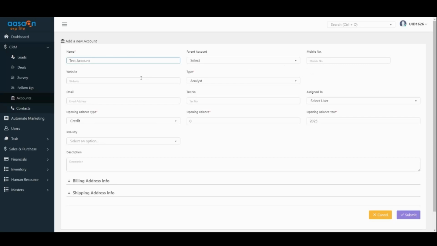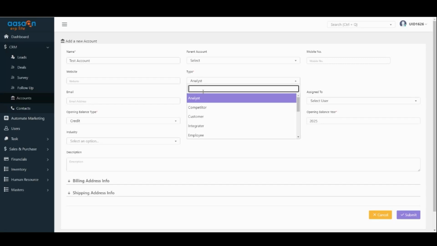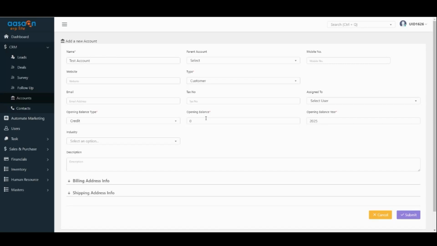And then you can give the phone number, website, and what kind of account you're creating. Are they your competitor, your customer, client, or anything else? Just create a customer account for now, and then you can assign your customer to someone if you need, directly from here. You can give an opening